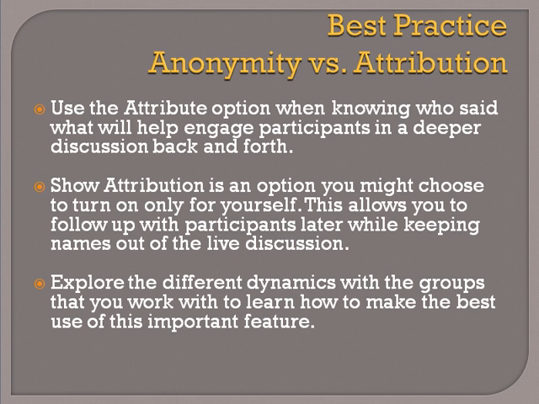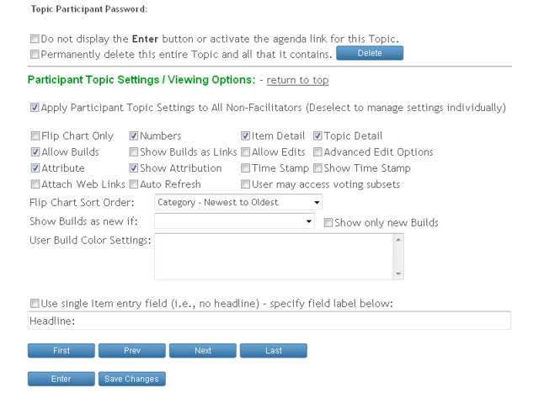Show Attribution is an option you might choose to turn on only for yourself. This allows you to follow up with participants later while keeping names out of the live discussion. Explore the different dynamics with the groups that you work with to learn how to make the best use of this important feature. Returning to our settings,